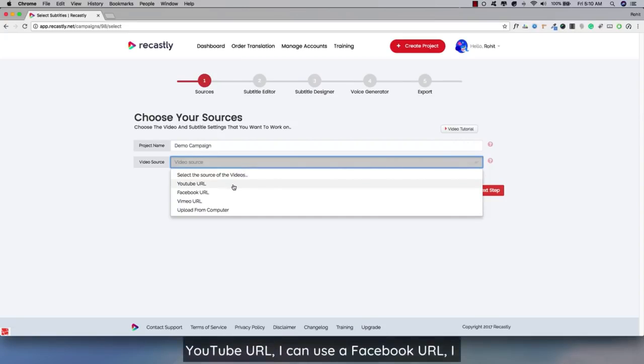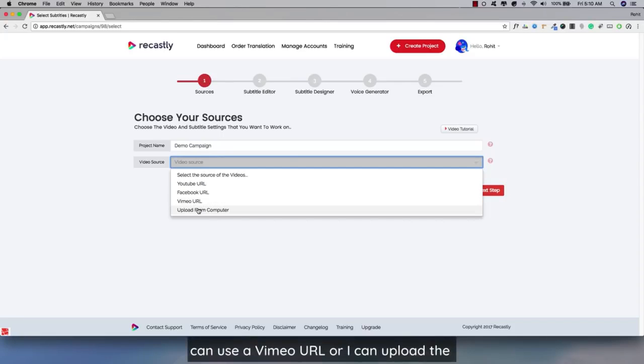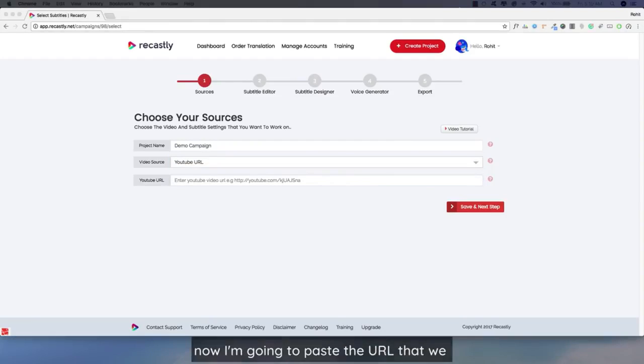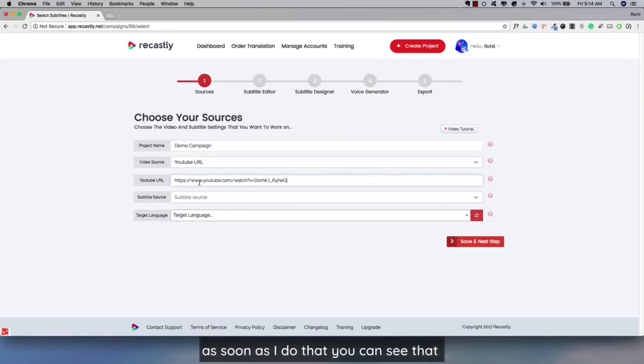I can choose a YouTube URL, I can use a Facebook URL, I can use a Vimeo URL, or I can upload the video from my computer. So the video we saw earlier was a YouTube video, so I'm going to use YouTube URL in this case. So now I'm going to paste the URL that we had for this. We will paste it here, and as soon as I do that, you can see that these two fields have